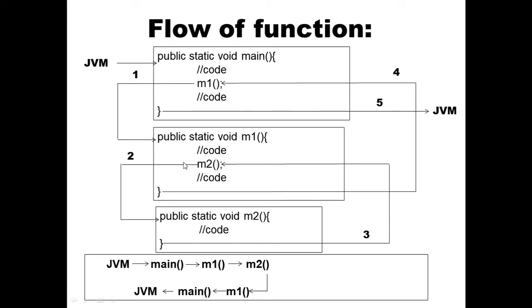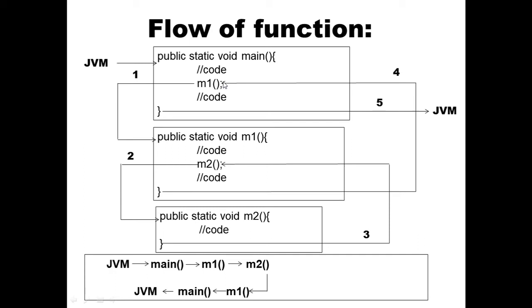Then it will go to the m2 definition directly as soon as we call m2. Within m2 we are not calling any other method, so it will finish its code, then return back to where m2 was called. Now the remaining code of m1 will finish. Then when we close the curly braces of m1, it will return the control to the m1 call